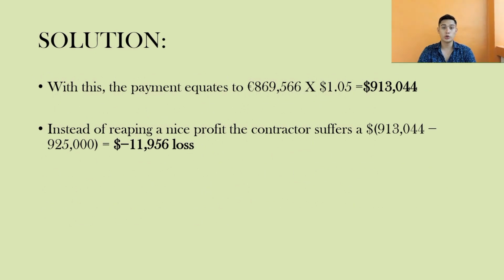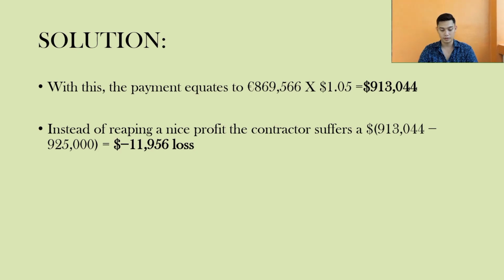So here is the solution of the given example. Formula: agreed upon price times new exchange rate equals payment. With this, the payment equates to 869,566 euro times $1.5 is equal to